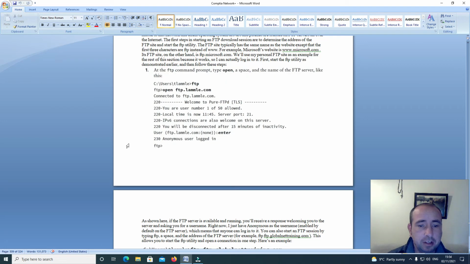C:\Users\tlamal> ftp open ftp.lamal.com. Connected to